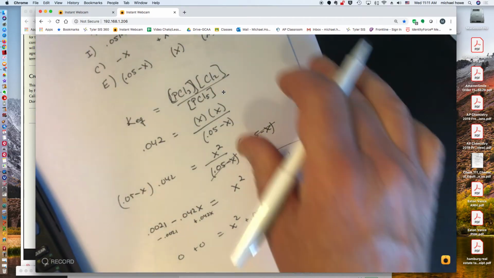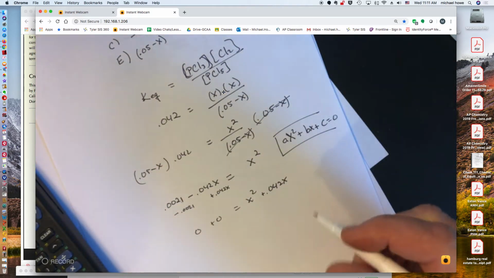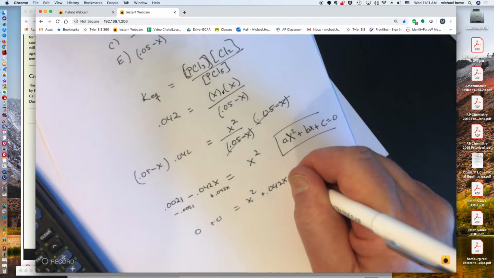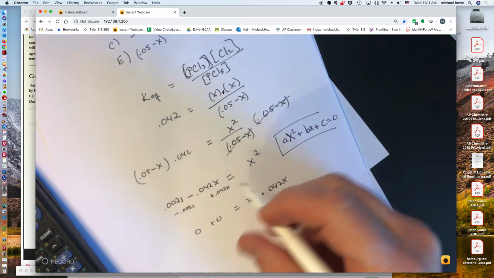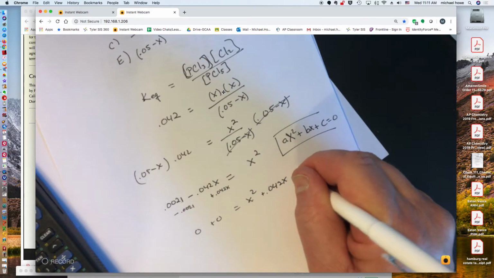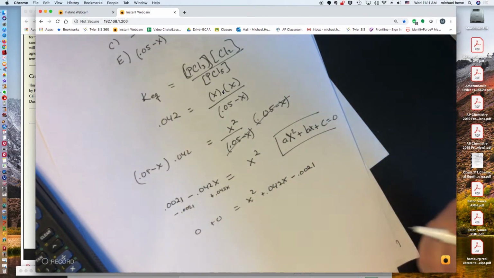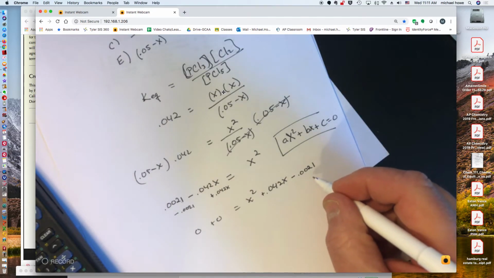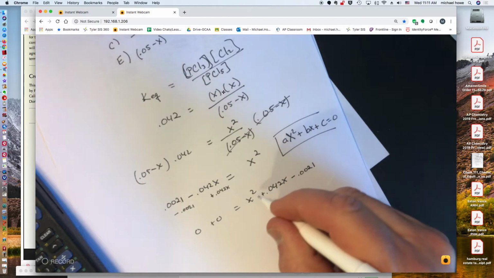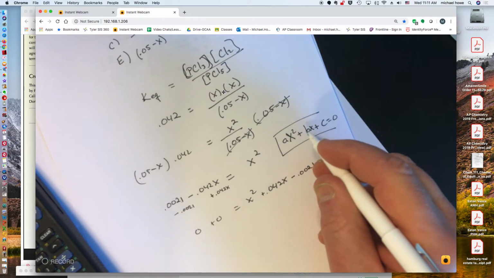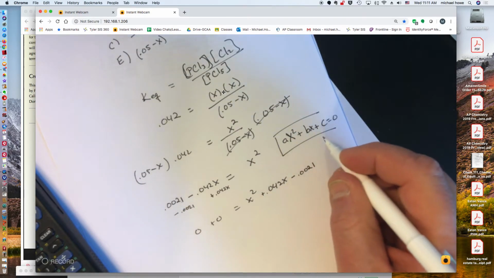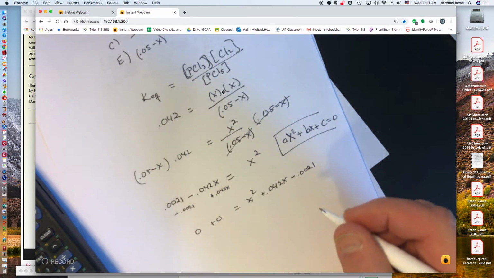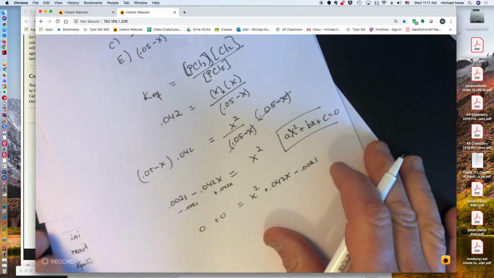Sorry, I got off screen there. Put that back up, give you a second to catch up. All right, and then I'm going to subtract the 0.0021, so minus 0.0021. All right, so there's my standard form quadratic format. Ax squared, 1x squared. Bx, 0.042x. C is -0.0021. All right, you will remember from your math class,